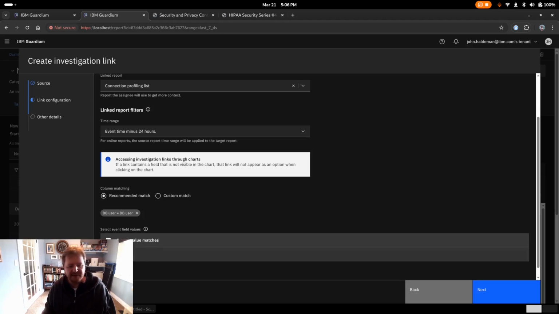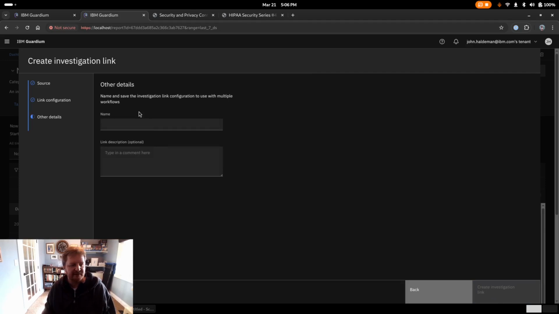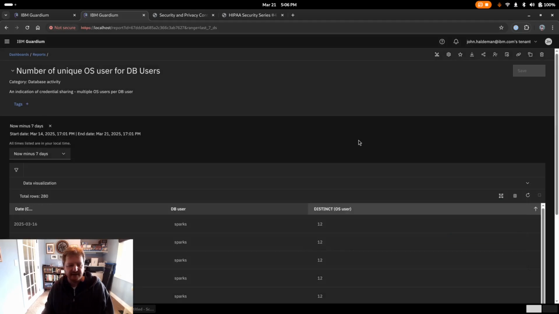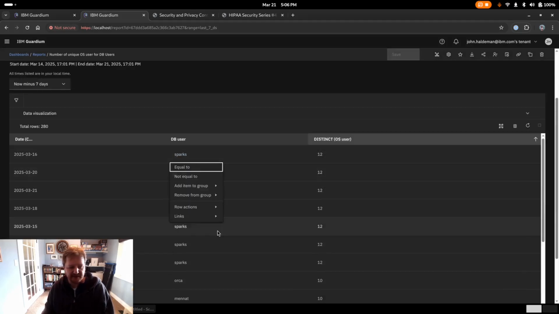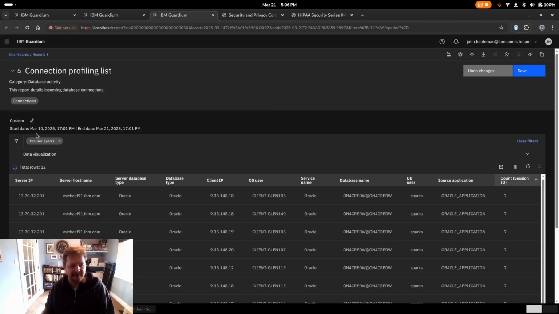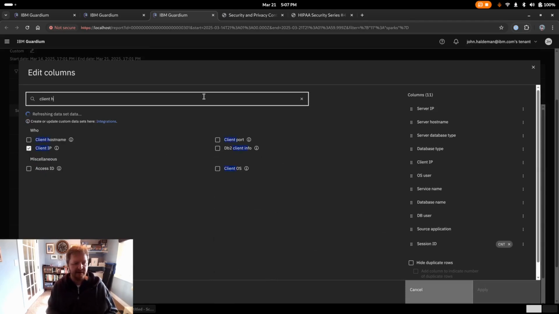And then what we're going to do is filter by the database user. And so this is connection details for user. Yeah, we'll create this investigation link. Close that. And now if they click on Sparks and they click go to links, they can click on this and it will run another report on the details for Sparks. So now you can see what client IPs they used. Maybe you add client host name here